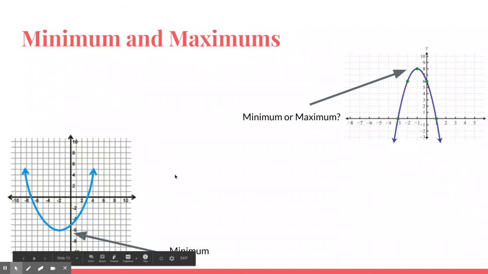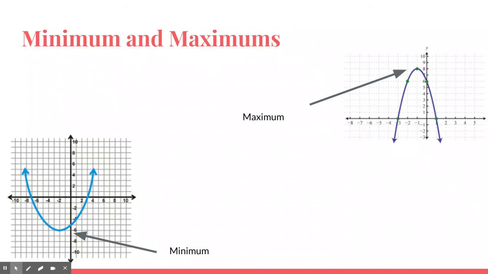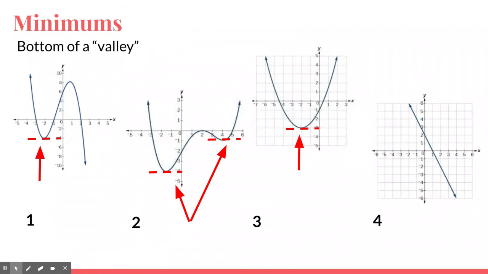All right, so the right side is minimum. Sorry, the left side is minimum. Now we have to think about what's the right side. The right side is maximum. Okay, so now what we're looking at right here are the minimums or the bottoms of different values and different